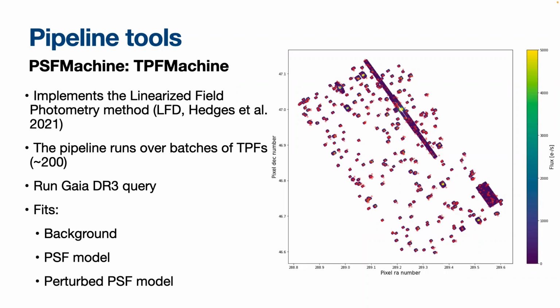We are using all the TPFs, not only the standard ones that were used for science, but also some extended background aperture masks that Kepler saved, that were 36 by 9 pixels across, with no target selection there. There is an example on the right-hand side of the figure, this big patch of pixel data. The pipeline never extracted light curves from there. They were meant to be used for